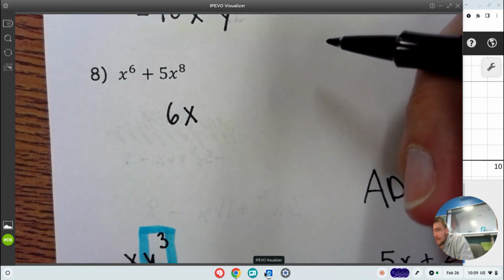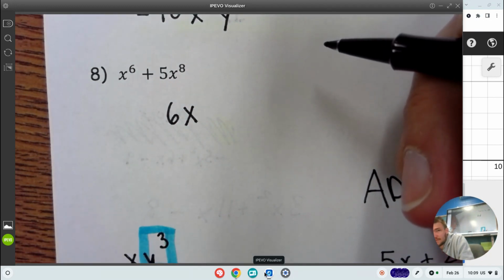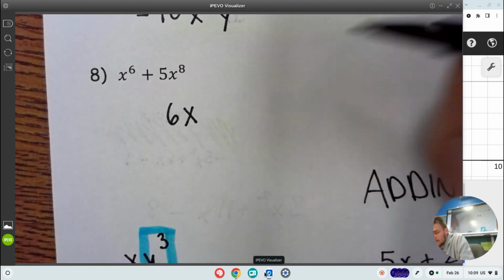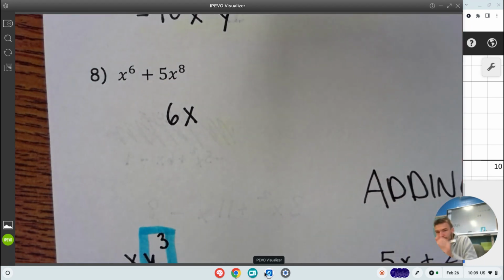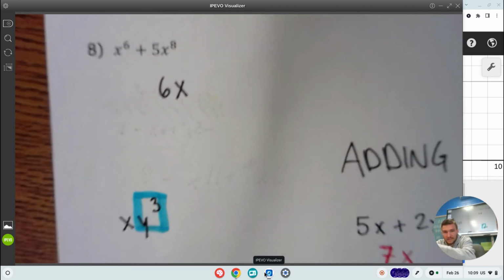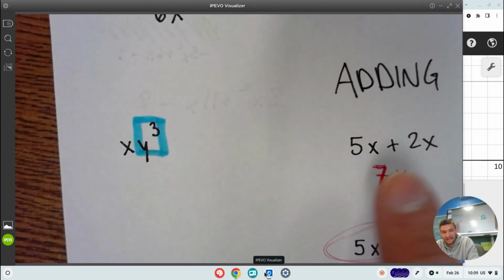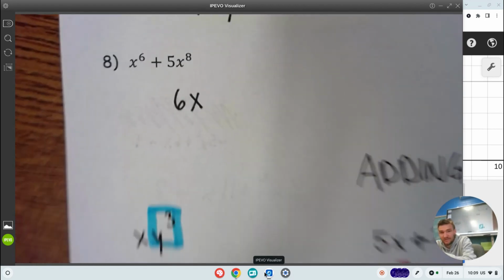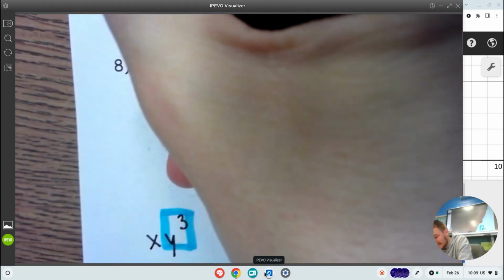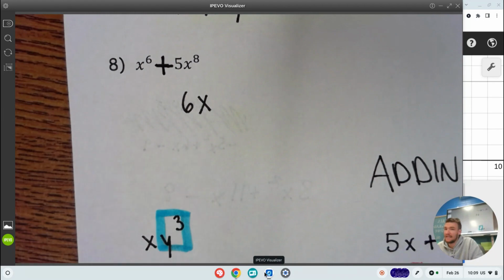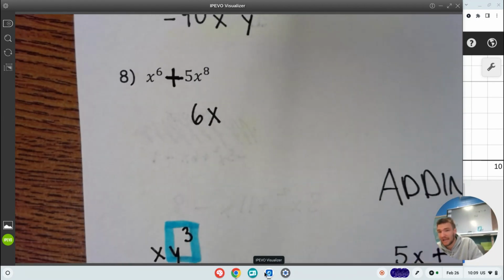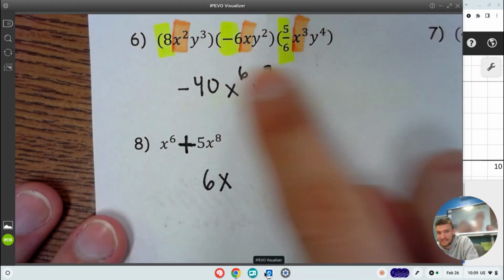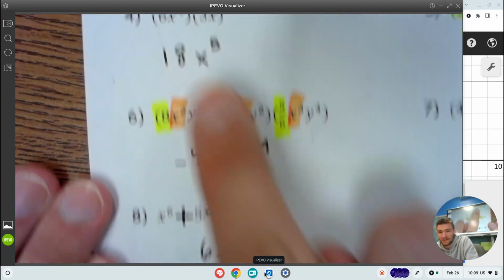That's the whole answer? So good point. When it comes to adding, this is a plus sign. So first of all, if you didn't recognize that this was a plus sign, that's obviously very important. Number 8 is different from number 6 and is different from number 4 because this one has a plus sign